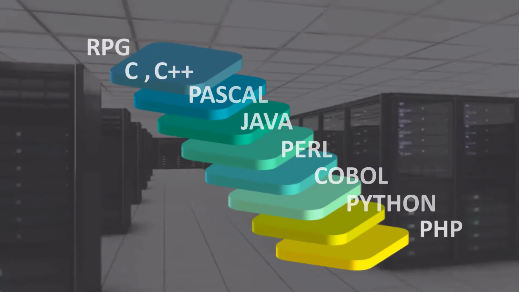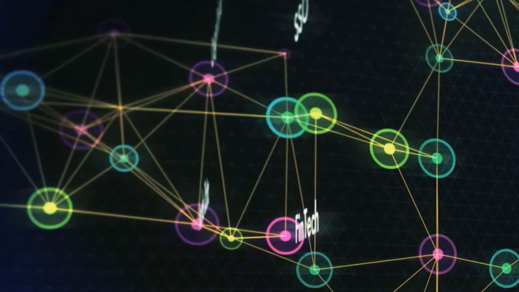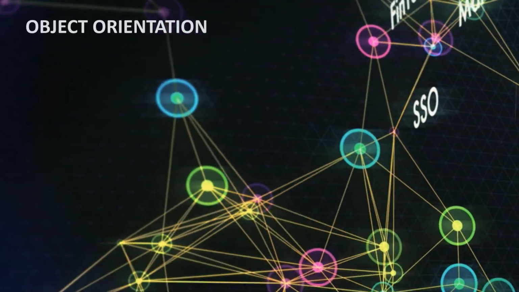RPG, assembly language, C, C++, Pascal, Java, Perl, COBOL, PHP, and Python. So it's got a pretty broad landscape of what can be run on the infrastructure, and it has